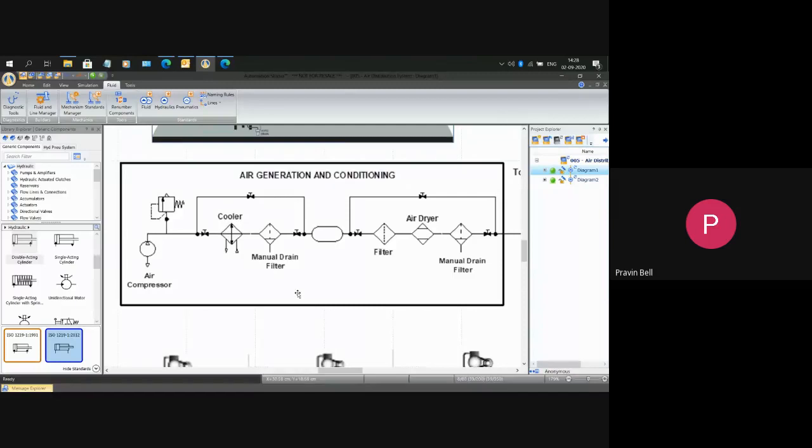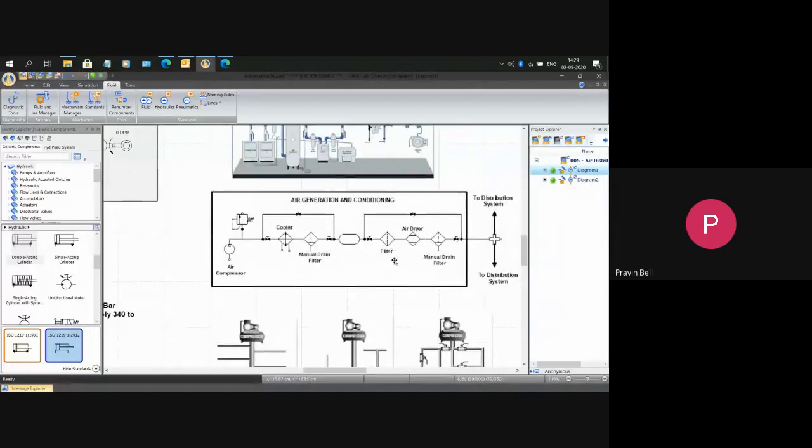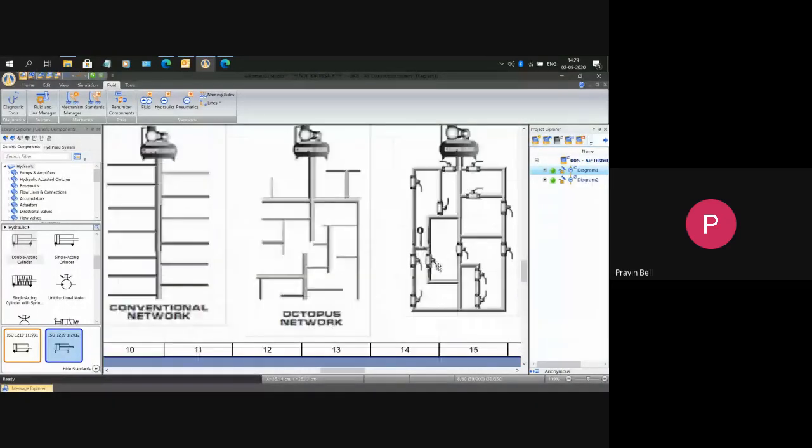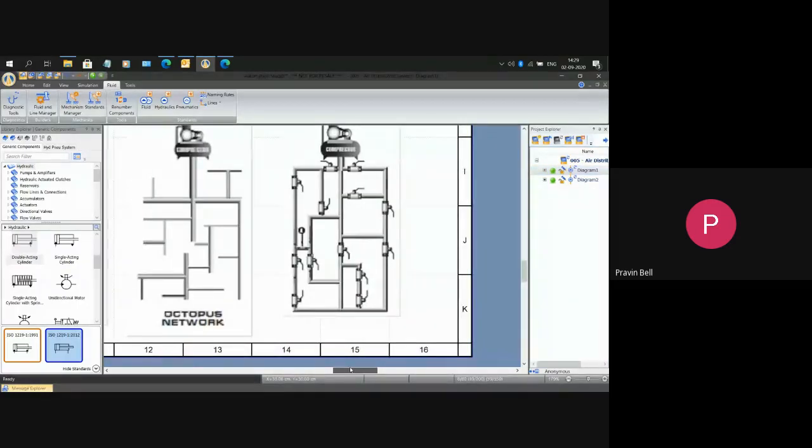So these components are there in the air preparation part. And you also have a study of FRL. I've seen in one of the practicals there, study of FRL unit. So FRL unit will consist of these components internally, and we can also do a circuit for that. But that's a very basic circuit. But for air distribution systems, there are different topologies which are there for air distribution systems. For example, one is the totally inline conventional network. Then there's something known as an octopus network. And then there is something known as a closed loop air distribution system.